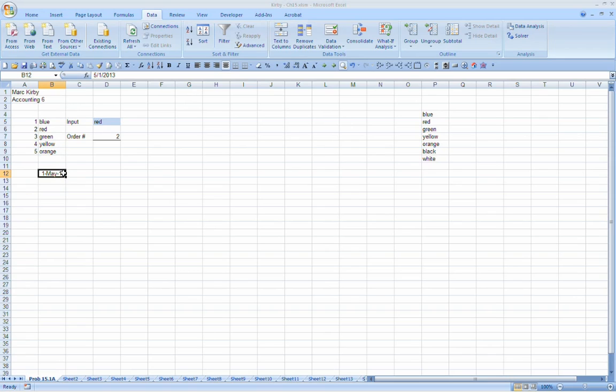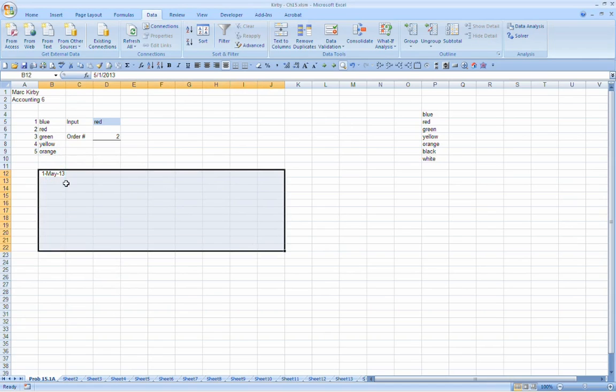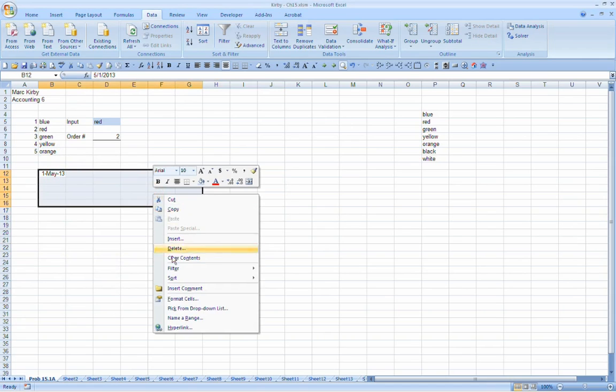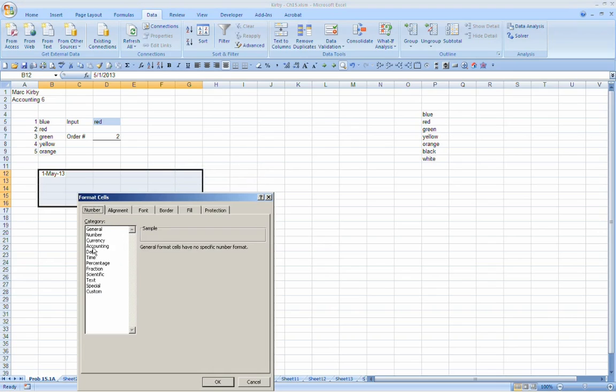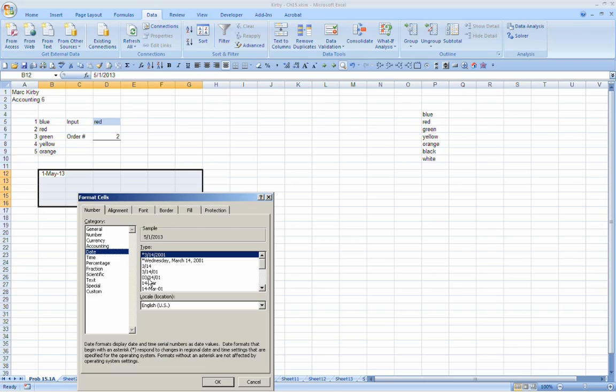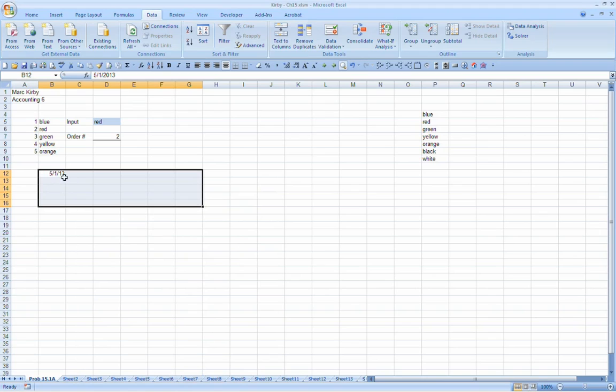I can go and I'm going to right click and format. I'm going to format an area. Maybe not that big of an area. Format cells, and I'm just going to change it to a date format, something we're more used to seeing here. Click OK. So it shows 5/1/13. Let's call that start, stop,